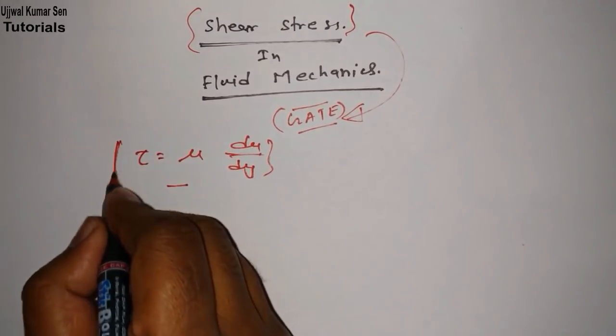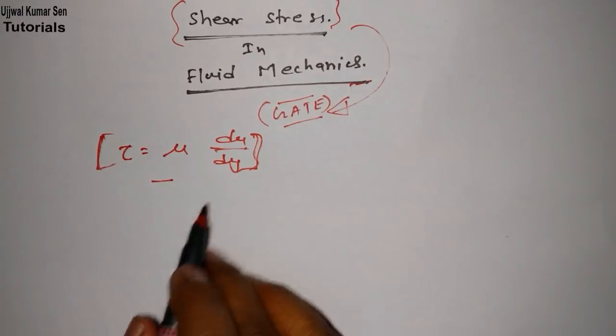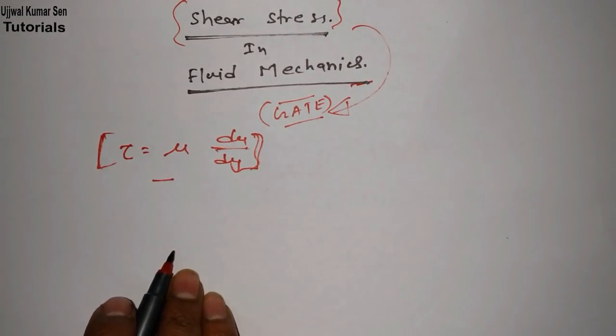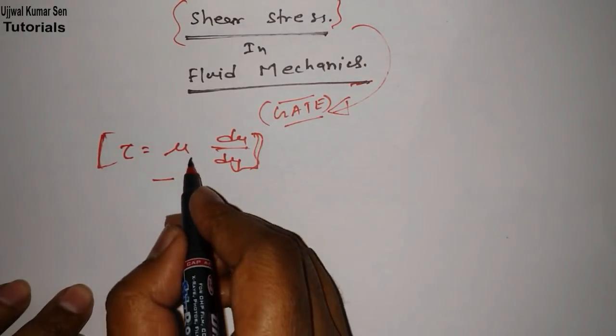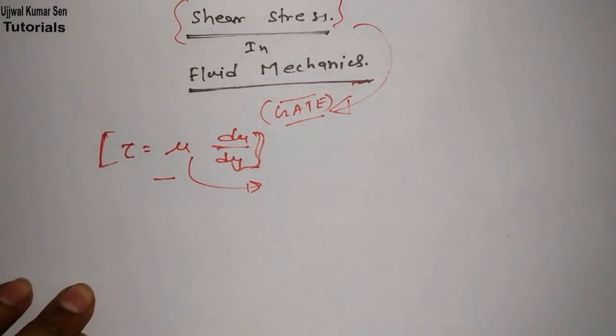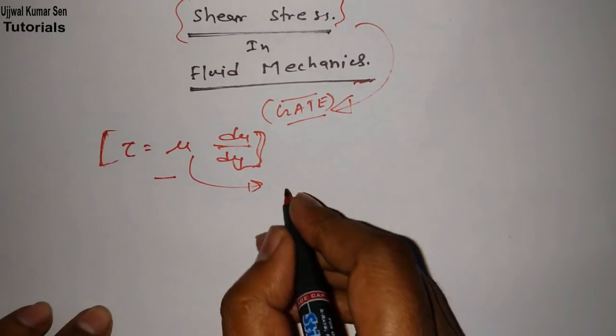Almost those who have studied fluid mechanics a little bit, even they know about this equation. But yes, only knowing this equation cannot help you to solve the numerical problem. So what you need to know is about this mu. This is not friction. You know that in case of a solid we have friction, right? But in case of fluid we have coefficient of viscosity,